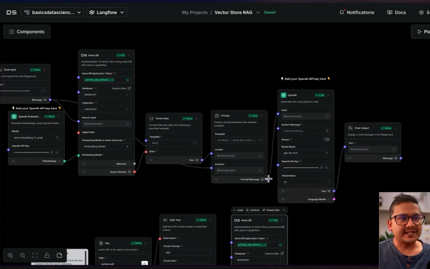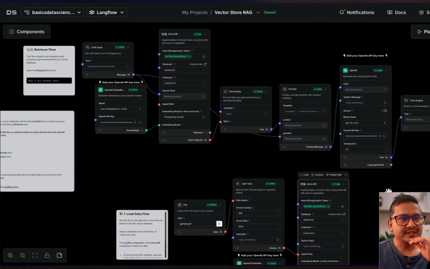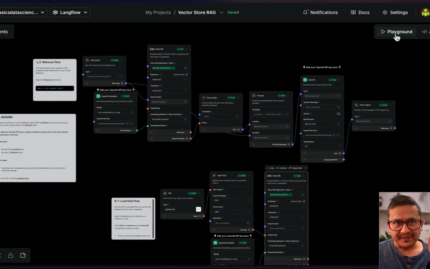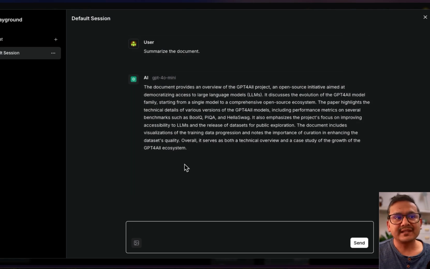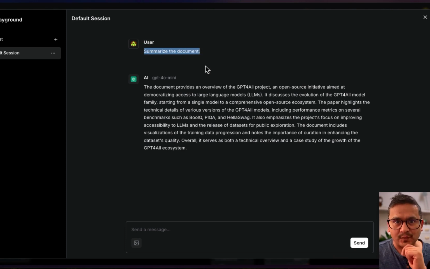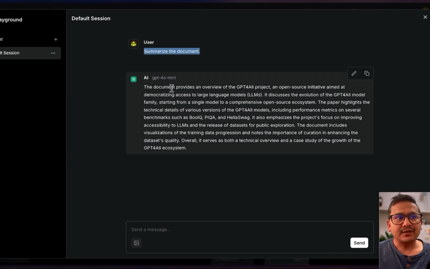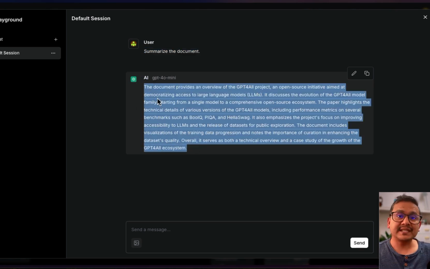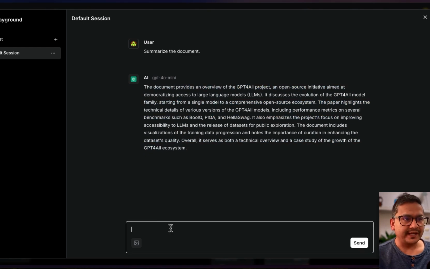Let me make this a little bit smaller. So now you can see this is the overall flow, right? Now we can go to the playground, and you can see it is already being summarized, because this is the default question that I provided before, summarize the document. So the document provides an overview of the GPT4All paper and so on. So you can see everything is already being shown here. That means it works. So we can just go here and say who are the authors of the paper